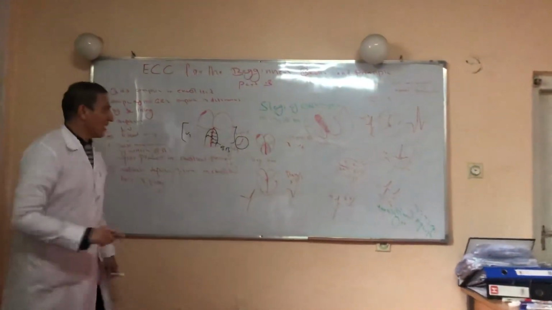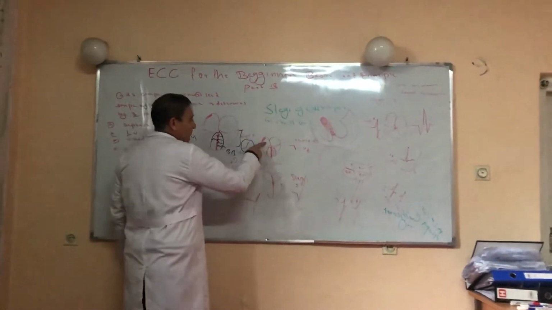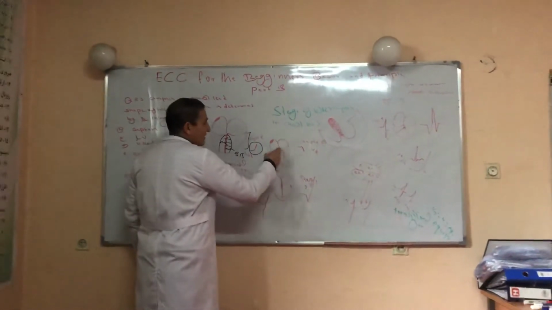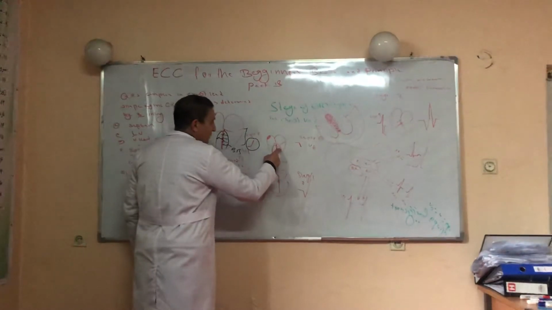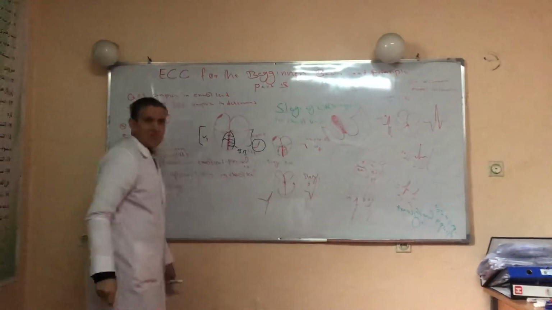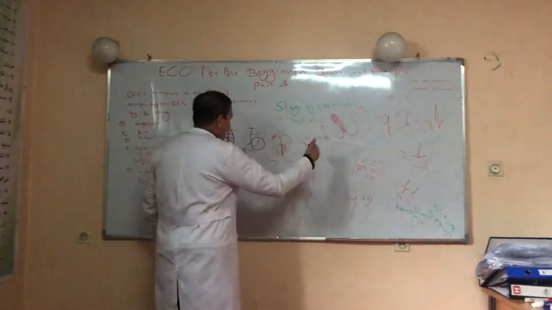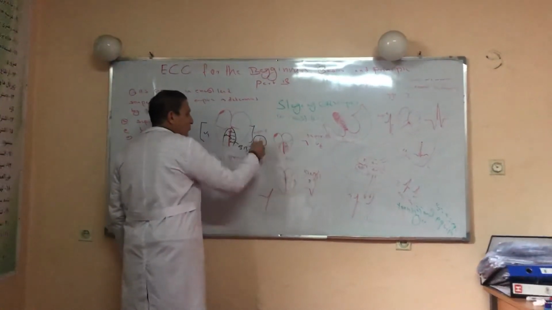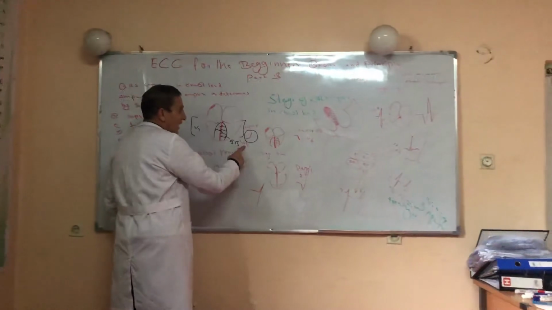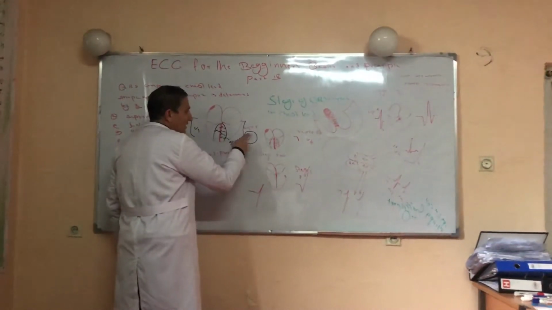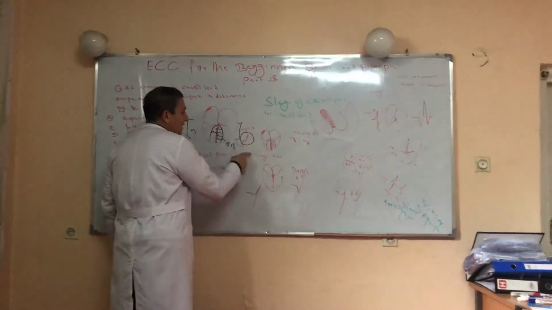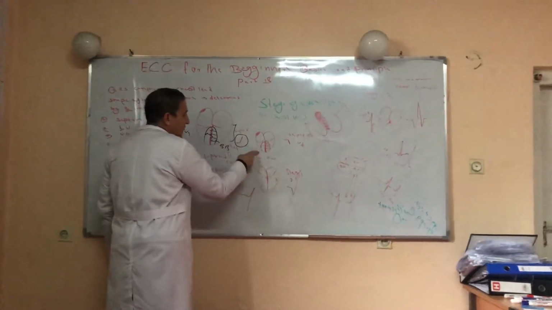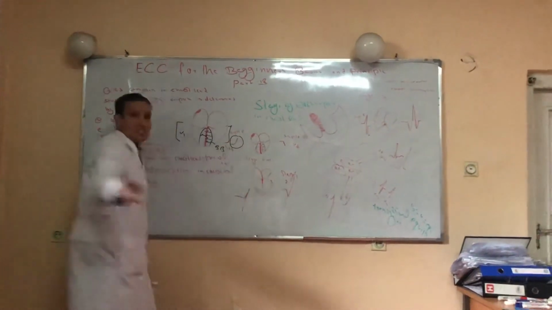So again, the electrical impulse is generated from the SA node and comes to the AV node, and then to the bundle of His and the left bundle branch. The left bundle branch leads to depolarization of the septum from down to up and from left to right. Left to right means the electrical impulse moves toward electrode V1, and V1 produces a small wave. This wave is called septal R.